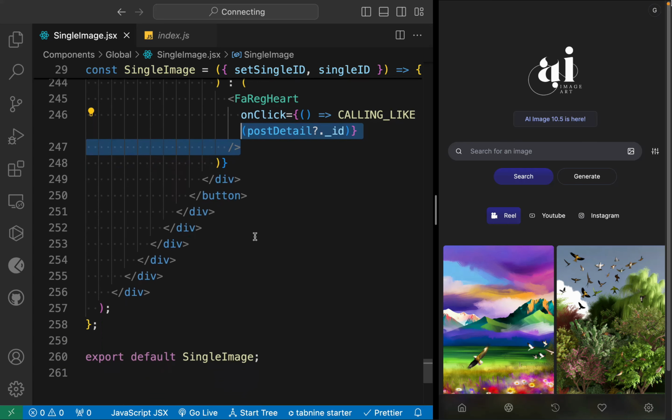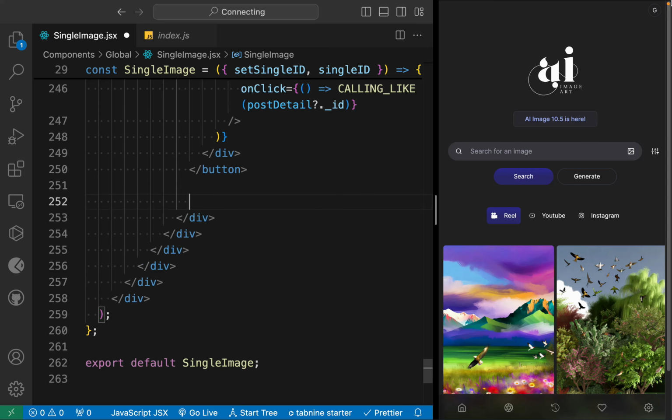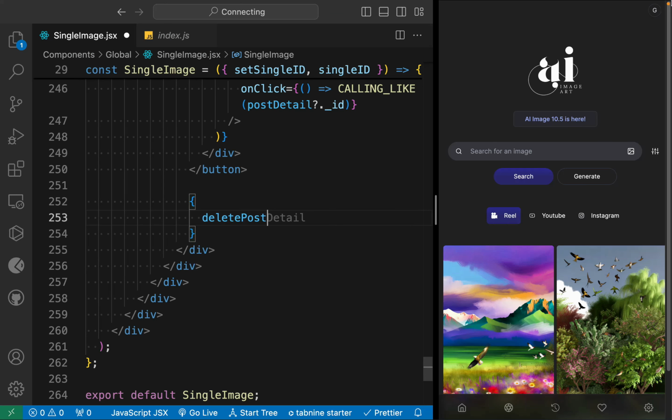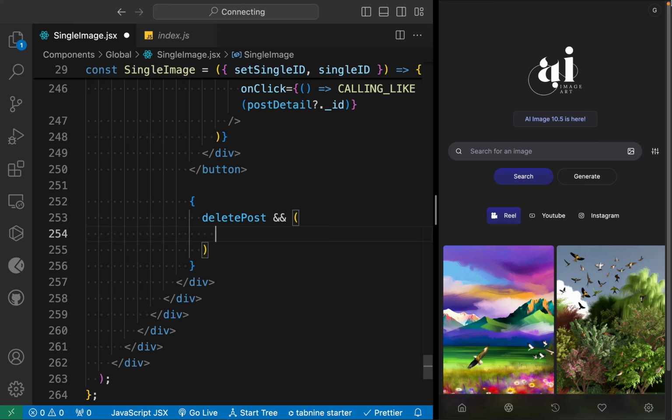Now we can simply come back here. So come back down below the button, and from here we have to take this dynamic block and we'll say delete post, and this particular section will only be visible if the person interacting is the one who created the post. So if I have created the post, only I can delete it. We already built the condition above, so we'll say delete post. If it's true, then I want to display this. So we'll take this, let's call this button,